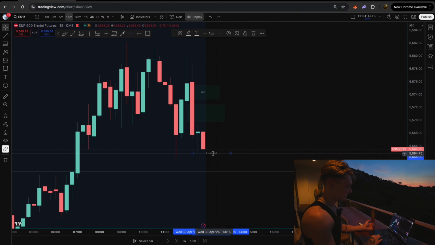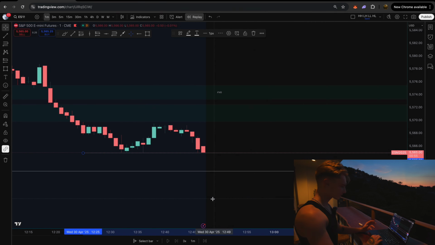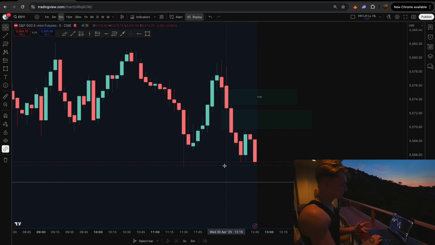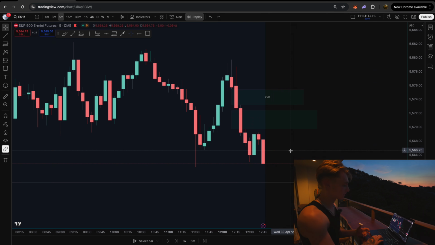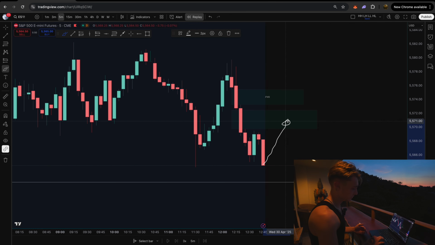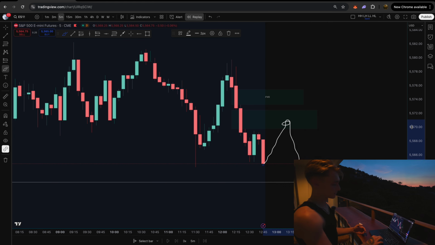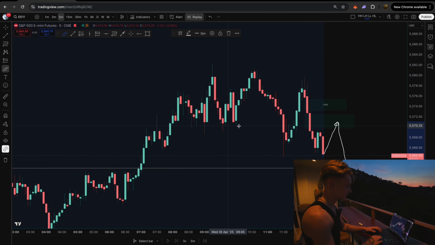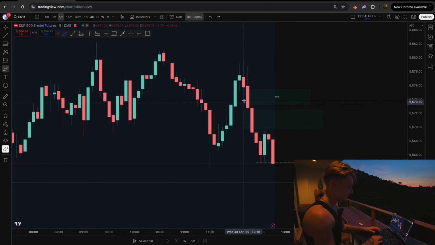Now, if we go on the 15 minute, that doesn't mean that there's not going to be fair value gaps that are respecting that market structure. Price is fractal, so yes. But quite simply, that is how you spot fair value gaps in the market. 3 candlestick pattern, the wick of the first, the wick of the third do not meet, causing a fair value gap or an imbalance in the market. Price will potentially come up, fill the fair value gap, and then retrace or continue the market structure. If price breaks a fair value gap,